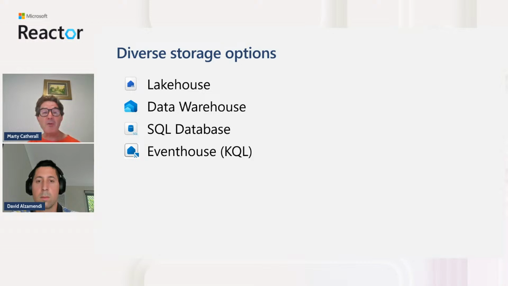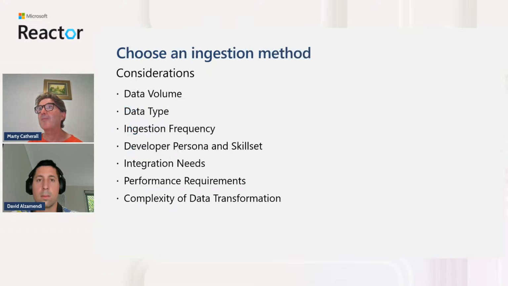And then we've got the event house that I mentioned from the last slide, where we would ingest data from a real-time stream and land the data in an event house. We have a component to ingest it and a stream of data to stream the data into the event house. And you'll very often hear that called KQL. KQL is actually the language, it's Kusto Query Language, but like people call databases SQL, people might refer to the event house as KQL as well.